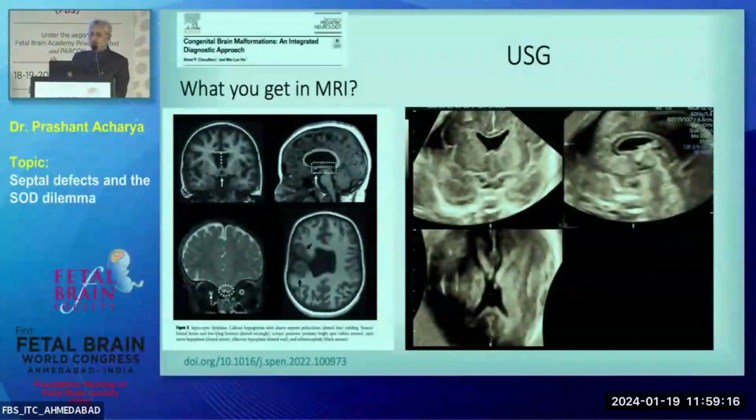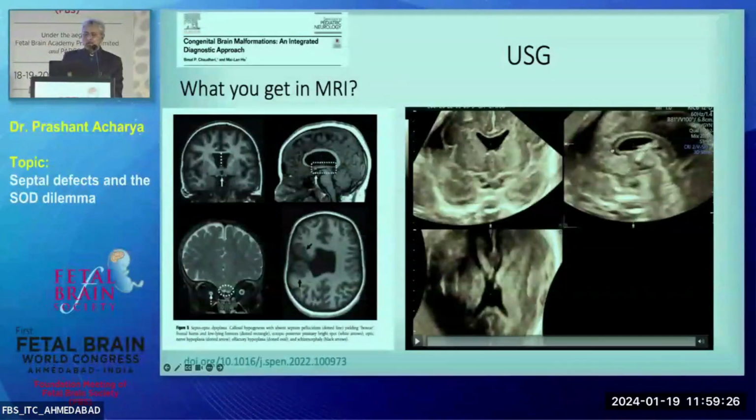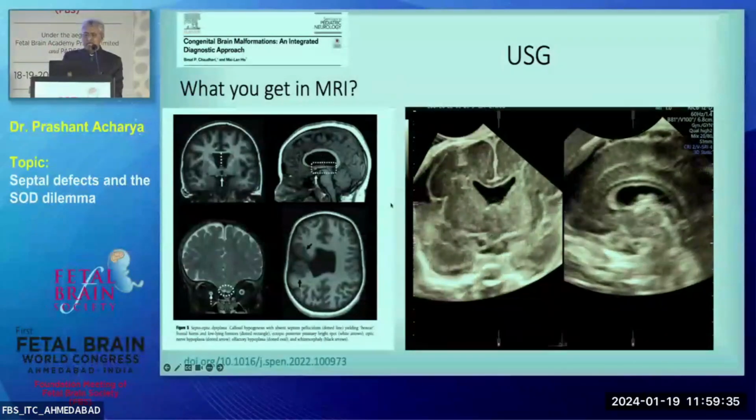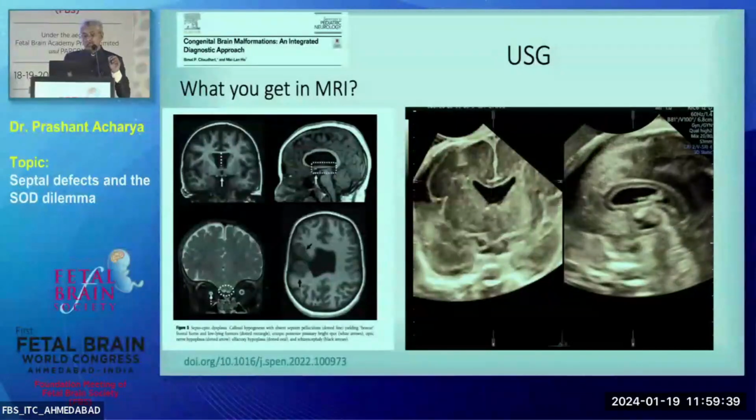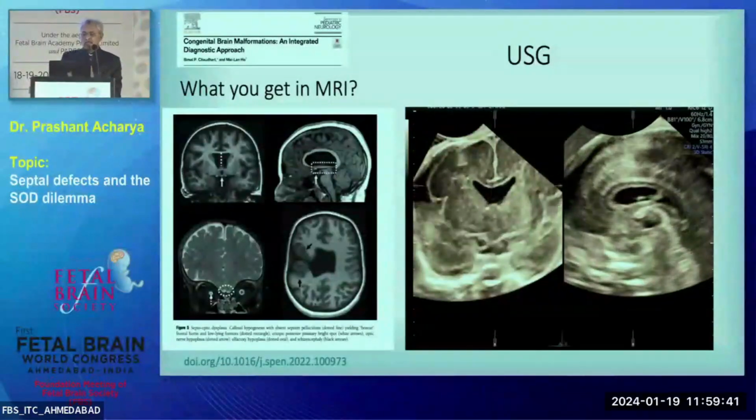I'm going to show the power of ultrasound. On one side you have got the ultrasound image, on the other side you have got the MRI image. Whatever you are looking at on MRI, you are practically looking at a flat base of the brain. You have got absent septum pellucidum, exactly what you try to evaluate, and we have the same kind of ultrasound images. The 3D is going to be phenomenally key, not for the diagnosis, but for looking at other structures.